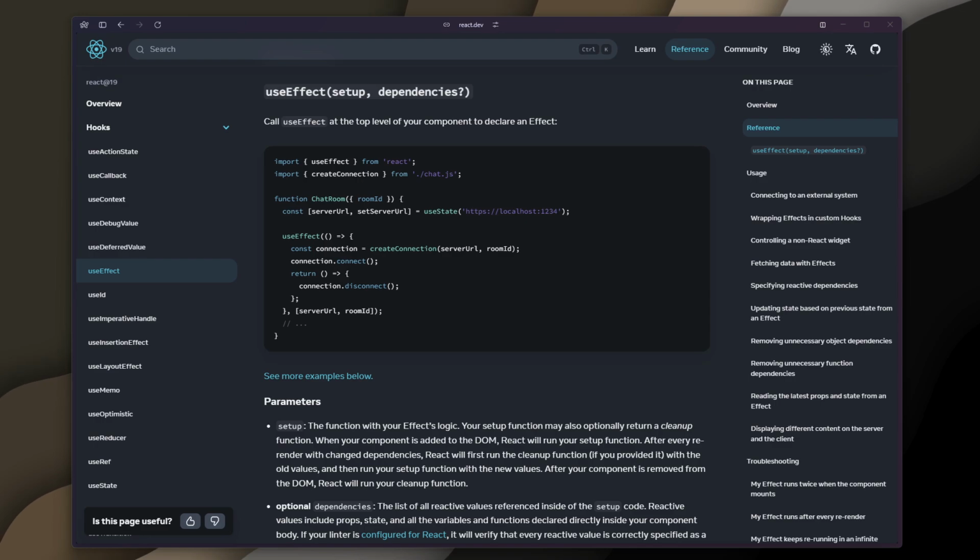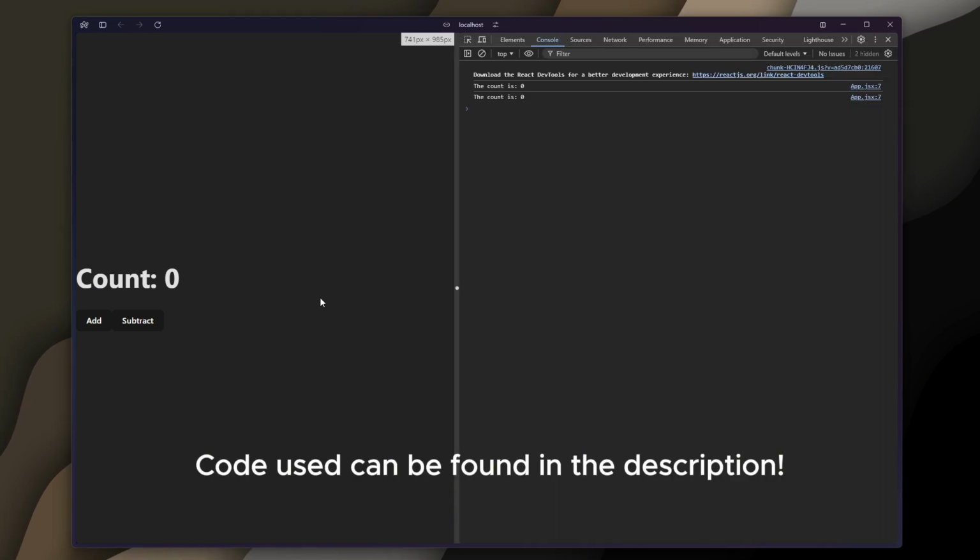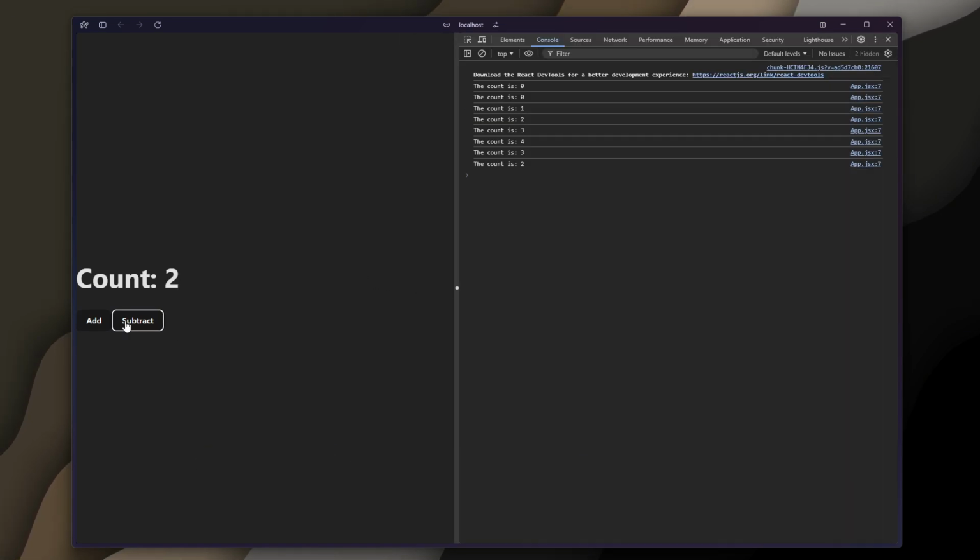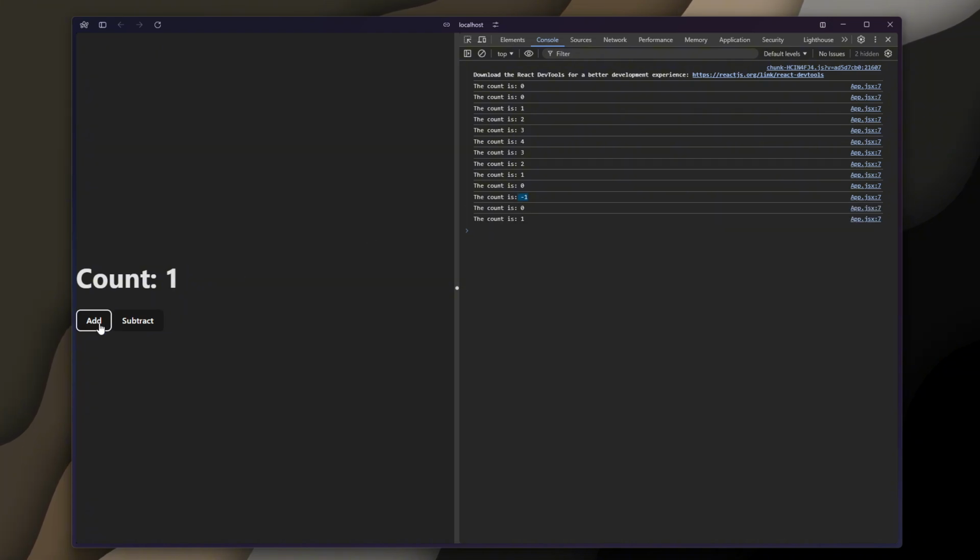In this video, I'll be teaching all about the useEffect hook in React. I'll be teaching you what it is, how to use it, and when you should use it, and we'll be doing that through a tutorial where we will build this simple project right here. We can add and subtract, and our value will be logged onto the console, and we will be doing this